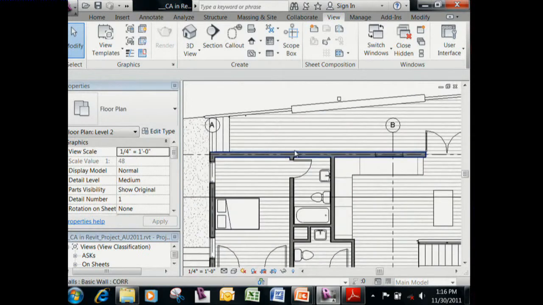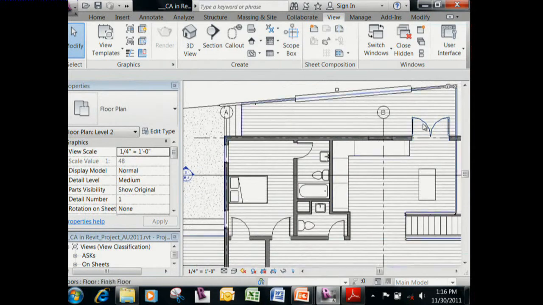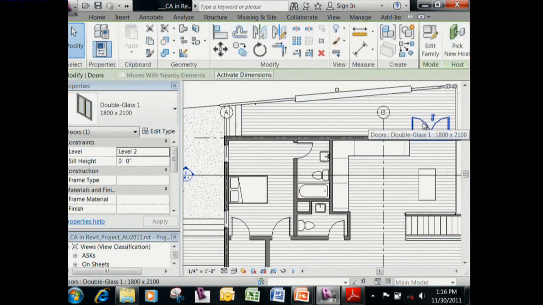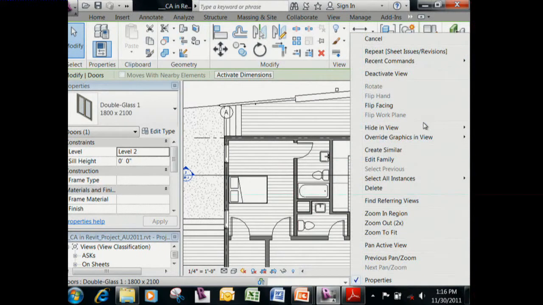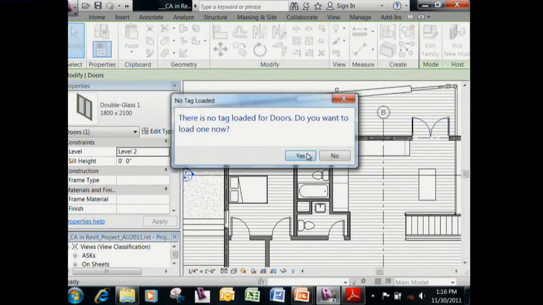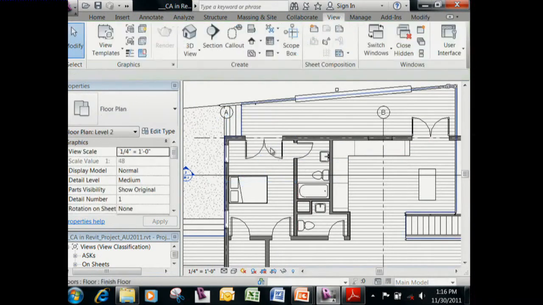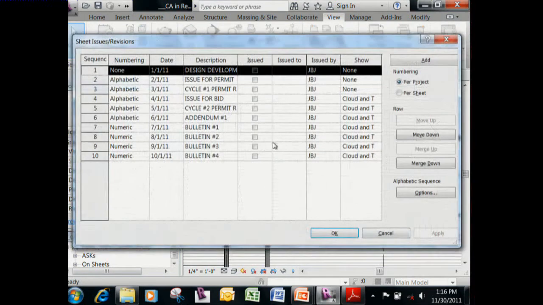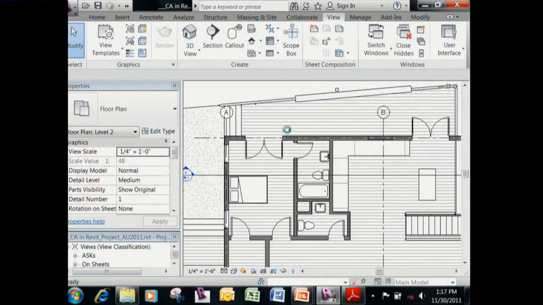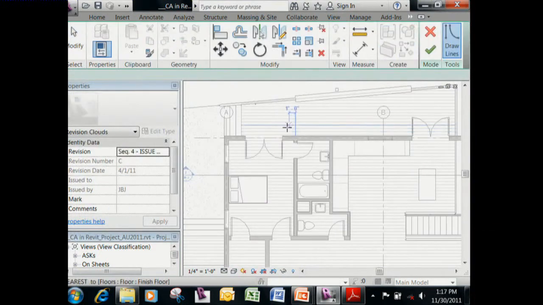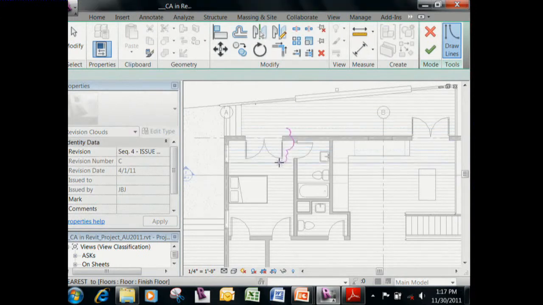So now I'm just going to show a quick example of clouding. I've got a sample file here, and let's say I'm going to add a double door to the bedroom. And I want to cloud that. The clouding tool is pretty simple. You just sketch